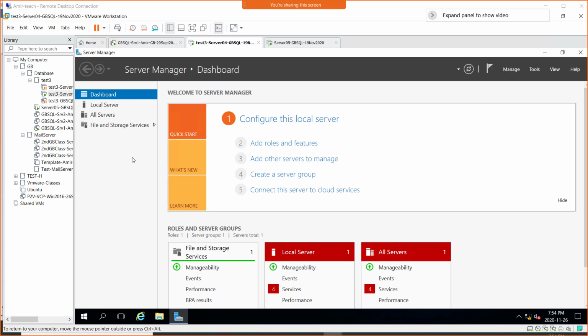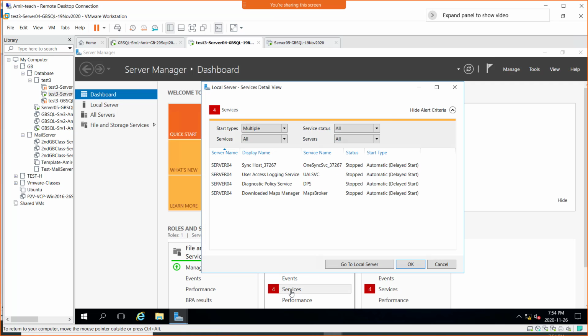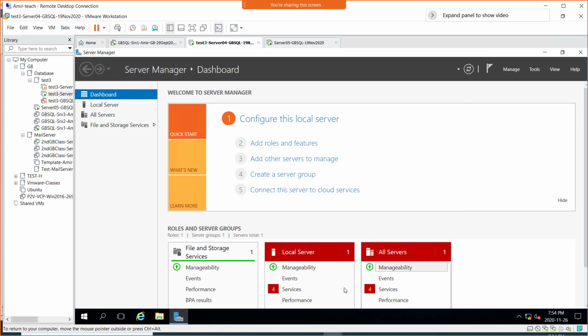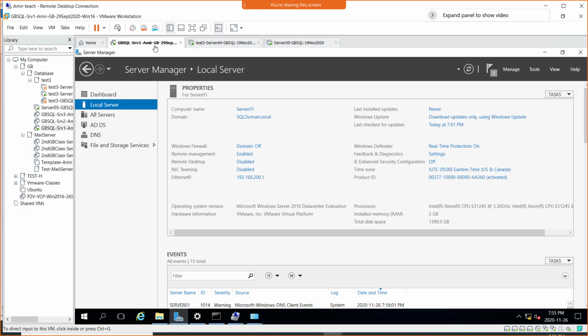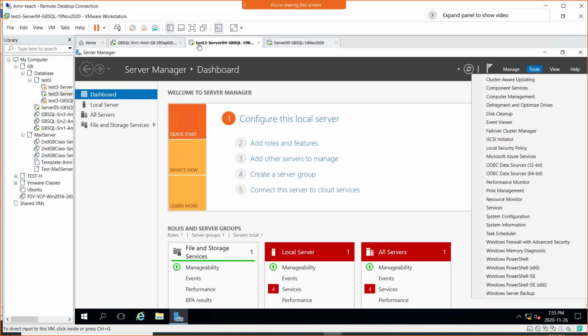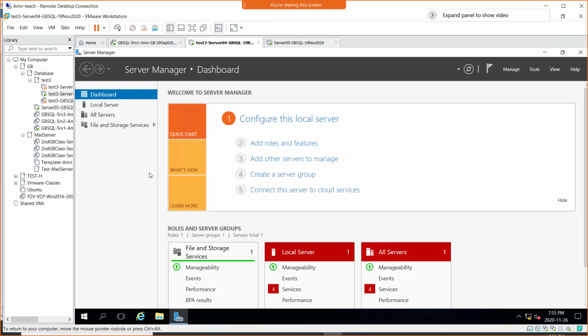Okay, so yeah, these services right now were not up. These services may not be really connected. They do slowly come up, and there as well they do slowly come up. So I'll just go ahead, and now the browse function may be related to this one as well. So if this still doesn't work, then we can just restart the server 1 as well. Right now, if I go to Failover Cluster Manager on server 4 again,